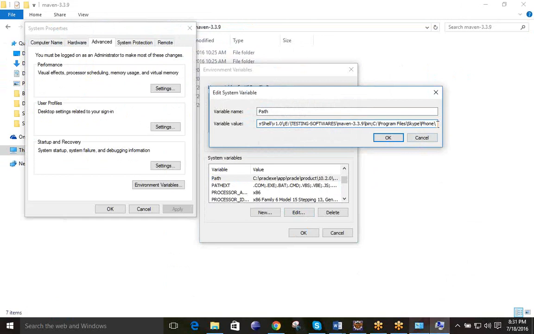We don't have to modify anything. We simply go to the last, in my case you can see this one, place one semicolon, and after the semicolon paste the exact location containing the bin directory of Maven.